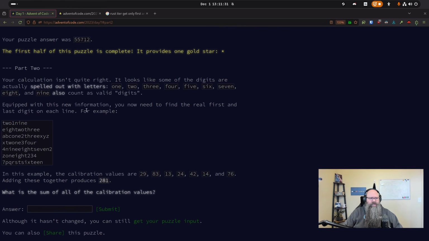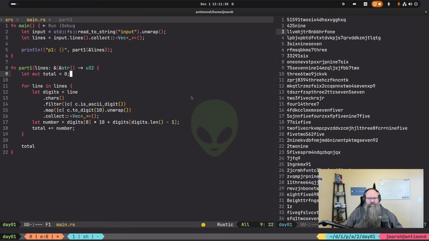That'll be something to think about. But I don't think I can, right? The idea would be, if this is 219, maybe I can draw this out. You have an initial string of 219, and then that becomes 219, which I can then literally just pass to part 1, right? So I can reuse part 1 if I get there.